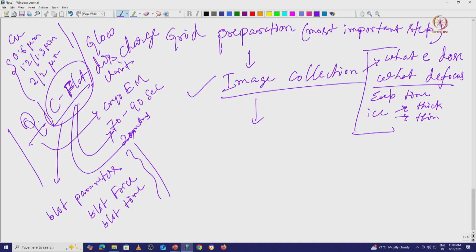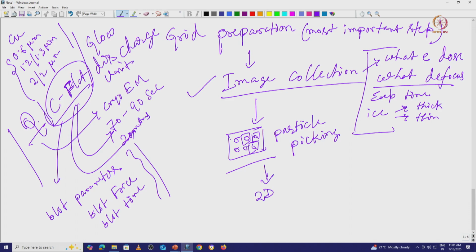So first we have to do the motion correction, which we are going to discuss more in the next class. The next step is that when we have an image, individual protein molecules are there. We have to pull out all these individual protein molecules, which is called particle picking. We will perform this particle picking, and we can collect some picked particles, 20,000, 30,000, 40,000, sometimes 2 lakhs, 4 lakhs, 10 lakhs, and then from that we have to calculate the 2D class averages.